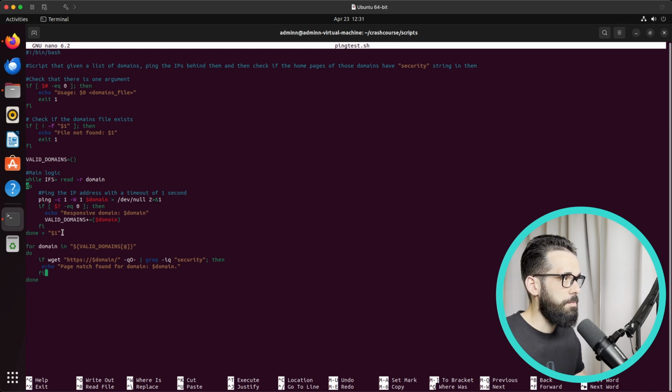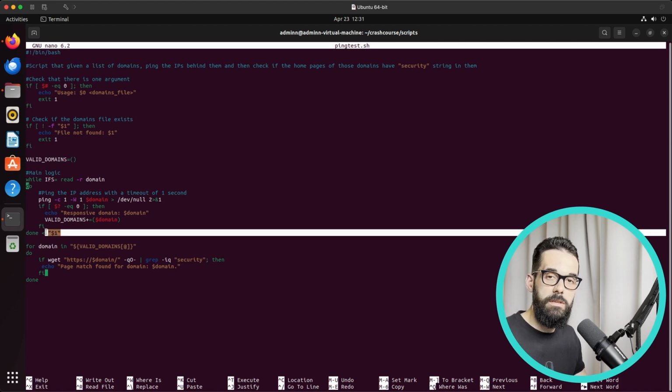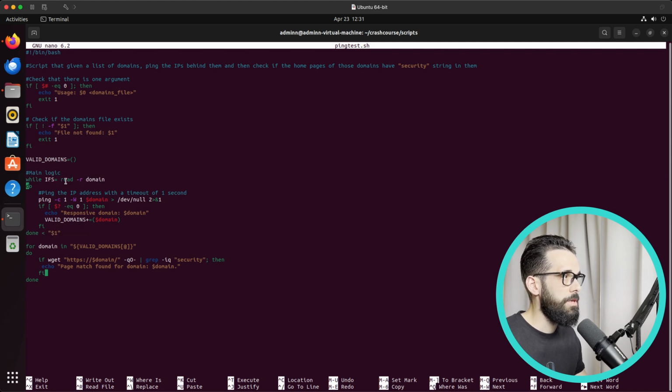And we get these domains by reading the original file that we pass as an argument. As you can see here, I'm reading the file by accessing the $1 placeholder. This is going to read the entire file and pass it to the read command. And the read command is going to read the file line by line and assign each line to this domain